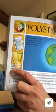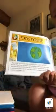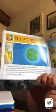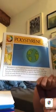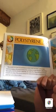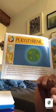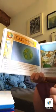These are sometimes called packing peanuts, and they come in packages to protect the things that you're sending from getting damaged in the mail. Many products are made from polystyrene, sometimes called styrofoam, such as cups, fast food packaging, and packing materials. Some polystyrene is made from using gases called...